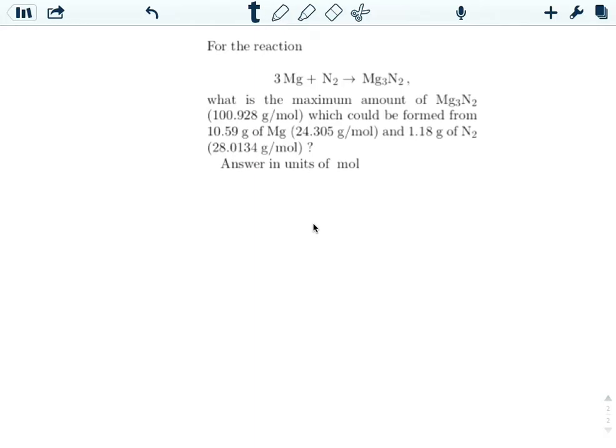Okay, let's go ahead and look at this question. It says for the reaction, and we see that we have magnesium reacting with nitrogen. It says what is the amount of our Mg3N2, so magnesium nitride, which could be produced from 10.59 grams of magnesium, and it gives us the molar mass there. That was nice. And we have 1.18 grams of nitrogen, and it gives us the molar mass of nitrogen. And so it wants to know what is the maximum amount, and it wants us to answer in unit of